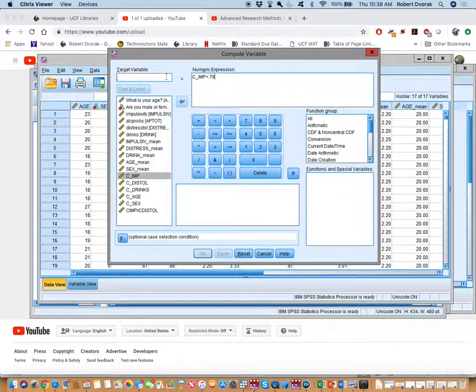So if I have this equation in there right here, does it matter if I set it above or below by one standard deviation? No, because we're going to do both. We have to do both in order for this to work. You don't have to, I guess. Maybe you just want to look at one side of this. So we're going to create a new variable called low impulsivity. And that is impulsivity plus 0.79. And hit OK.